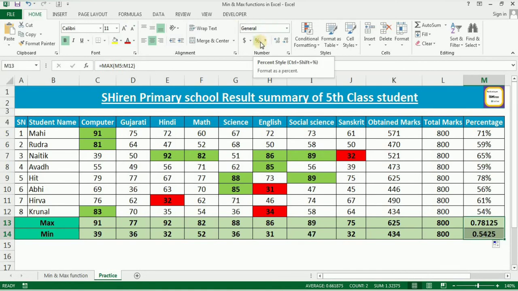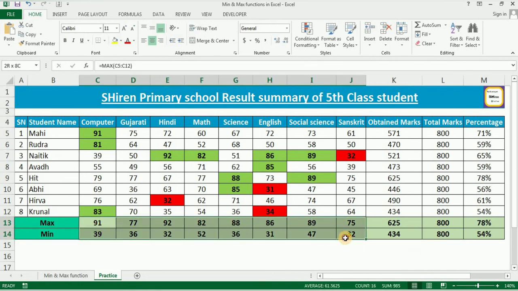So we need to change the formatting. Now we change it to percentage. Now it's showing. So in all the subjects the teachers can see the maximum marks achieved by the student and the minimum marks achieved for the particular subject.